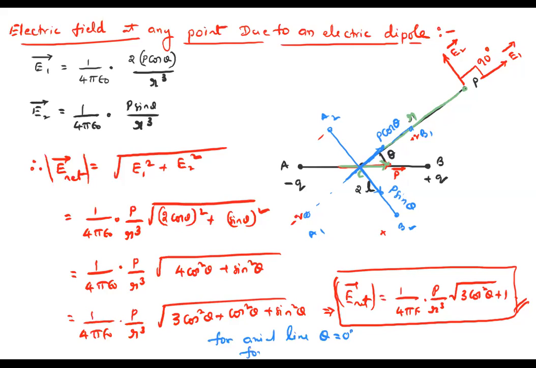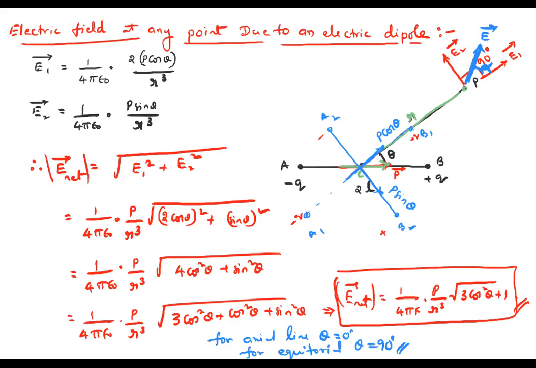For the equatorial line, what is the value of theta? 90 degrees. Cos 90 is 0. That's why we'll get p by r cube. We'll get the results from them also. Now, what is the resultant electric field at the point? That means the resultant electric field at this point will act in this direction, which makes some angle with